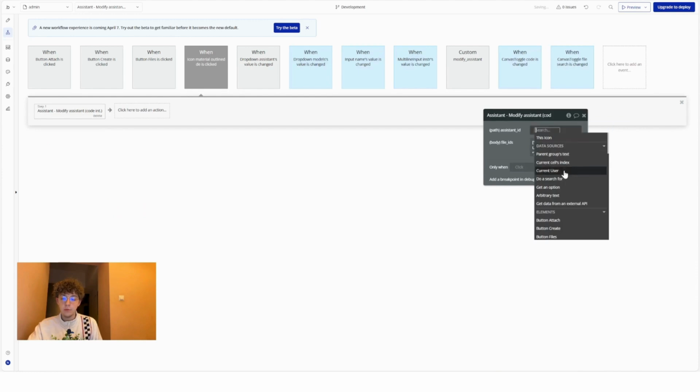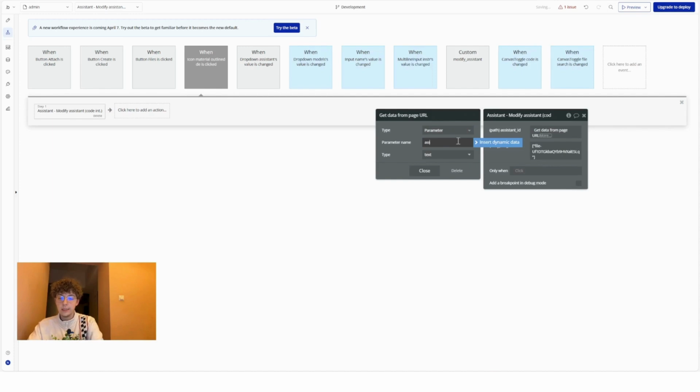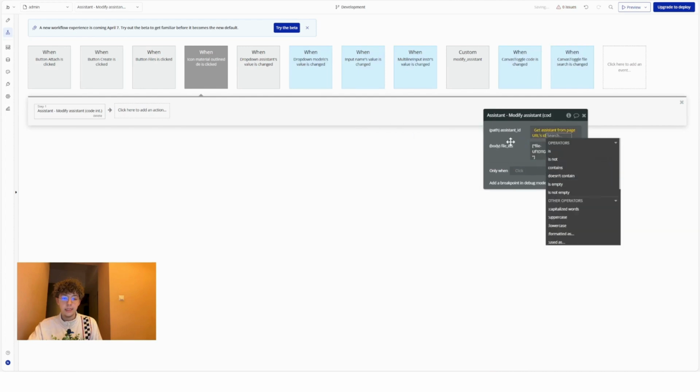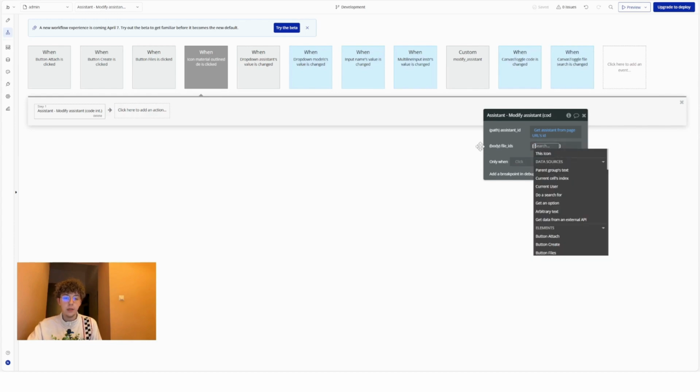Again, assistant ID would be from URL, assistant, type of assistant, and it would be an ID. And instead of adding +1, we would remove the current ID of the current cell. So it would be,